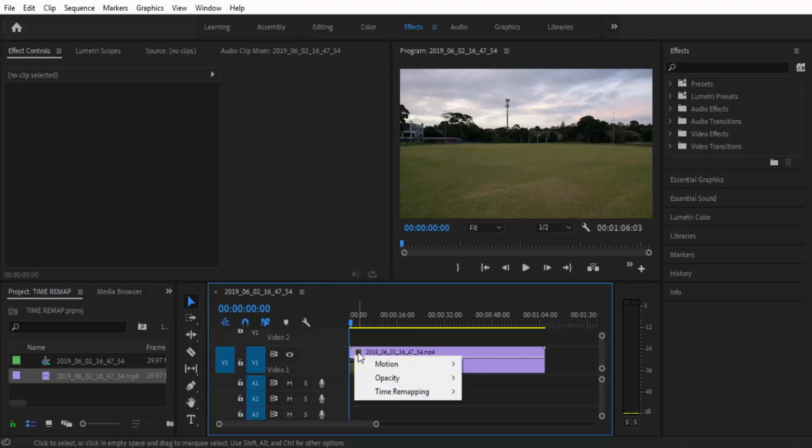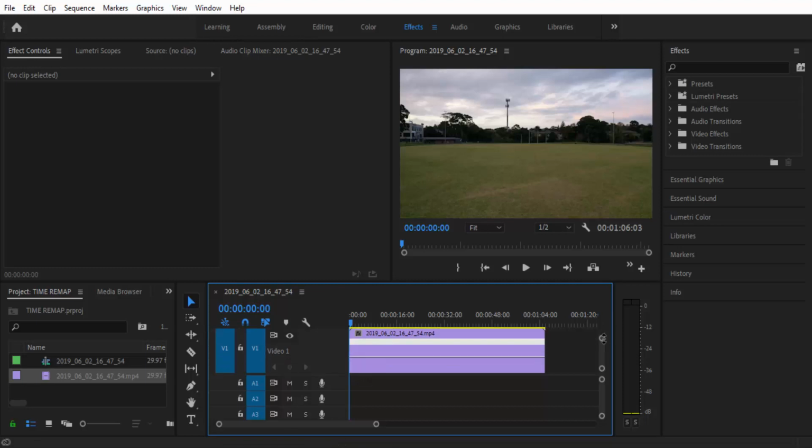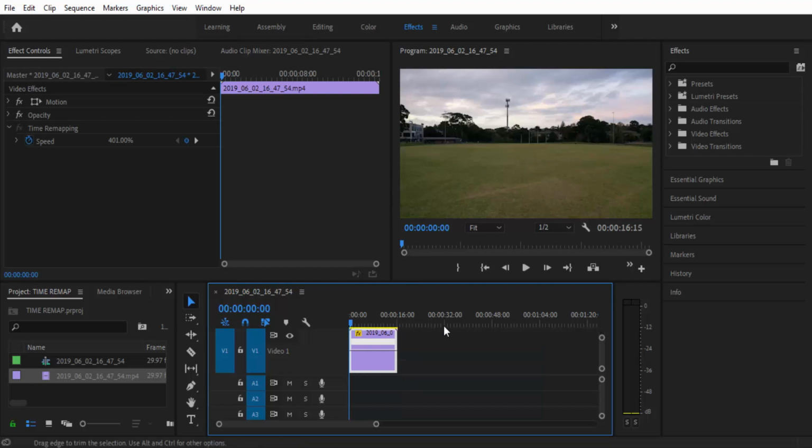So to do that, you right click on the little FX sign, you go to time remapping, and then you go to speed. Now there should be a line that you can see inside of your clip, and if you can't see the line, what you need to do is make this section bigger and smaller. Once you've done that and you can actually see the line, you need to click on the selection tool, and now you can actually speed up the clip. So if I put it to 400%, I can see I've cut it down from 1 minute to only now